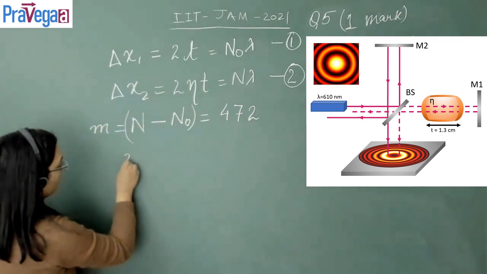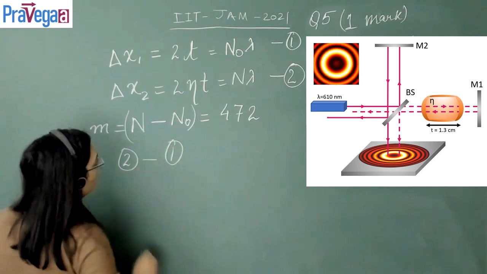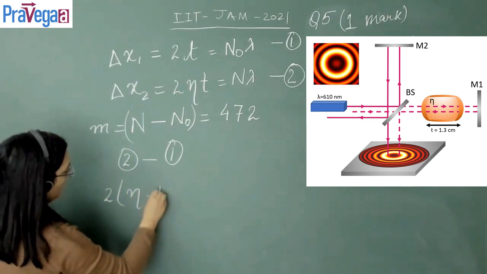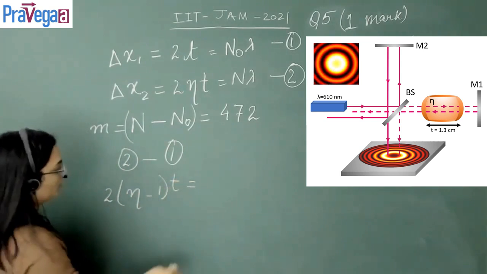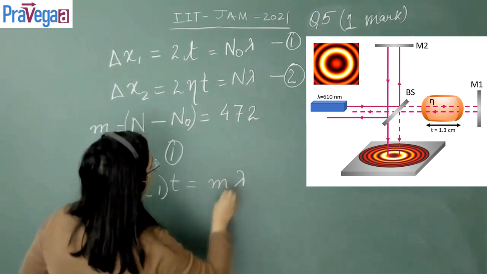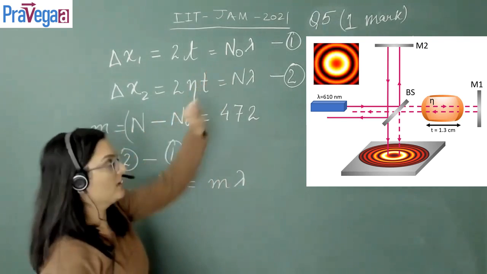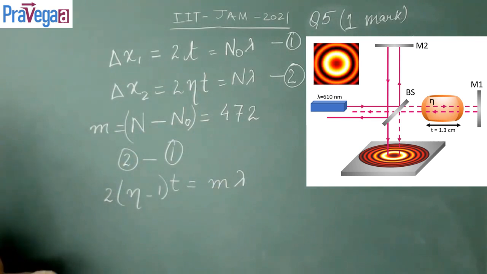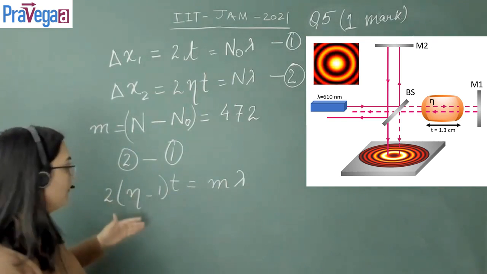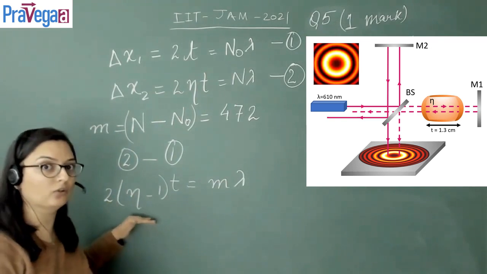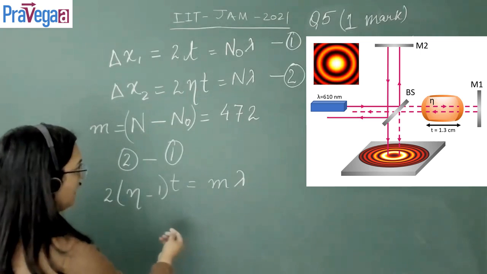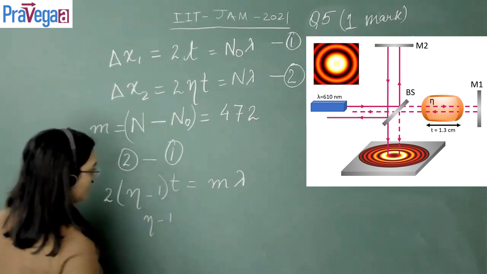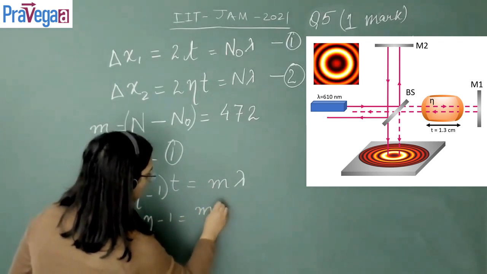So we simply have to subtract equation number 1 from 2, and we get 2 (eta minus 1) t equals m lambda. Please note that this m will now become n minus n naught. So therefore m lambda. Now we only have to solve for this eta. We have to find the value of eta, and we can easily calculate it because all the numbers are there. So we have eta minus 1 equals m lambda